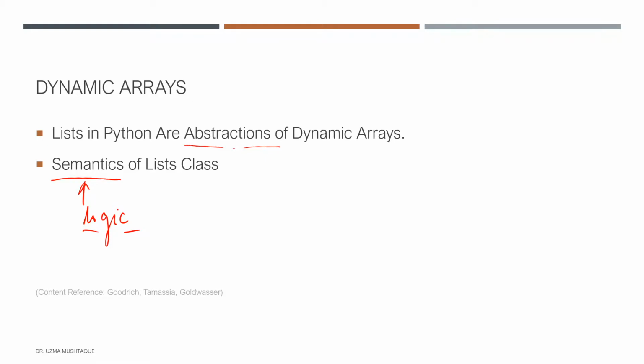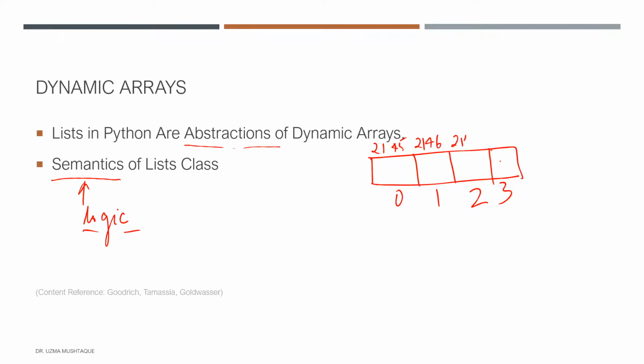Okay. Now, if you remember from the previous video, for creating a low-level array, the precise size of the array must be explicitly decided for memory allocation. For instance, if I'm creating a size 4 array, each one will have some elements, which I'm not specifying. Obviously, the indices are here, and then I'll have some memory allocation, 2146, 2147, 2148, and so on. So there will be some neighboring memory locations where other data can be stored. Therefore, this capacity cannot be trivially increased in subsequent cells because there is something else stored here,